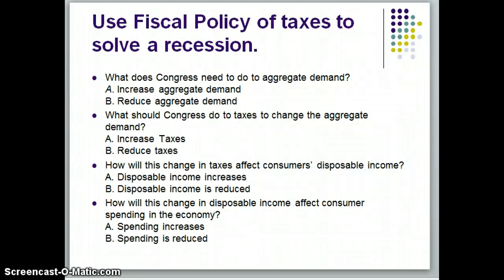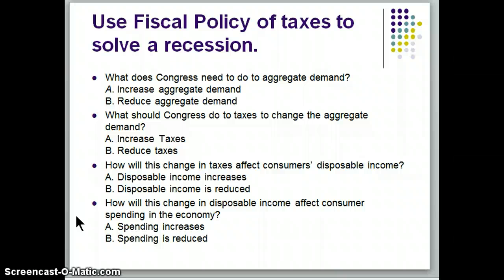So I'd like to run through a couple of sample questions here, and then after I run through these four questions, you're going to take a quiz generated by Google Documents, which the link is right underneath this video on my website. You click on it, answer a couple of questions just like this, and we will analyze the results together as a class when you come back on Monday and hopefully learn from each other. That's the idea behind it.